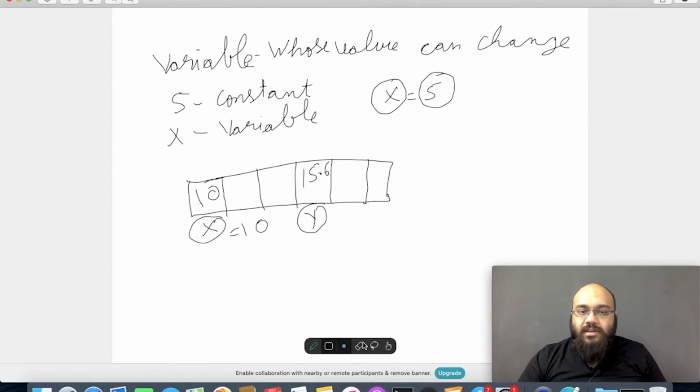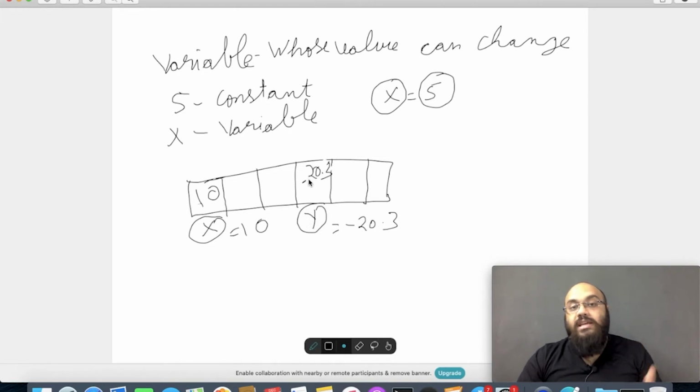Instead of 15.6, it can turn out to be, let's say, minus 20.3. Now if we access y, it will hold the value minus 20.3. To reiterate, variables are names given to memory locations which can hold values, and these values can keep on changing. The name will not change, the values can keep on changing. So we keep the name y, and as the value changes, the content of y will change.